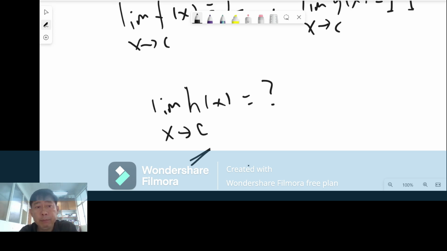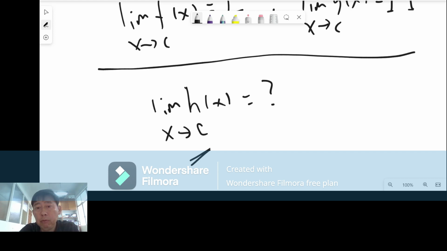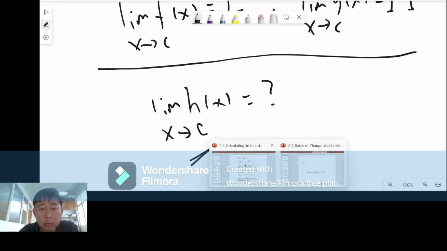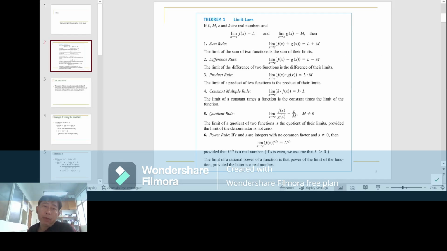So we will begin with simple tools. The simple tool that I'm talking about is theorem 1. You can imagine theorem 1 to be a set of rules 1, 2, 3, 4, 5, 6 that allows you to answer